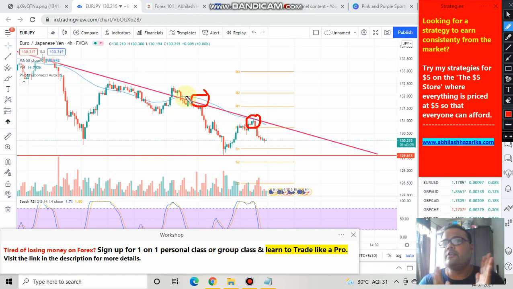So if you ask me, Avilas, what is the best trading opportunity in the Euro JPY chart, then I'll tell that the best trading opportunity is to short the market here and short the market if market crosses this support level. Apart from these two levels, you should not trade in the middle, because see, market is trading here, and as you know, I do not prefer to compromise with the trading discipline. I always tell that do not chase the market, let the price come to you. Here market is in the middle.